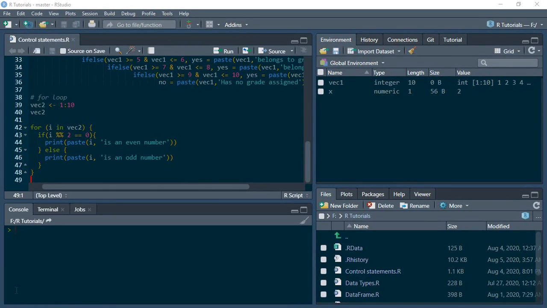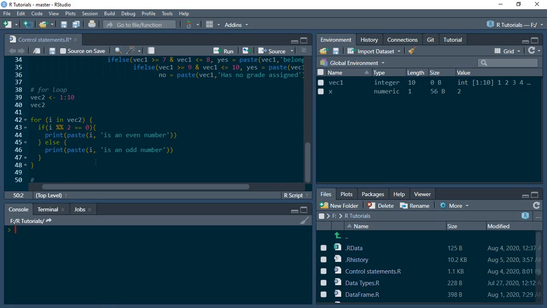So in this video I want us to look at the nested for loops. We also cover the while loop, the repeat and the break statements, and finally we're going to finish with the repeat and the next statement. So let's get started. The previous video discussed the for loops. In this video I want us to discuss the nested for loops, how we can nest several for loops